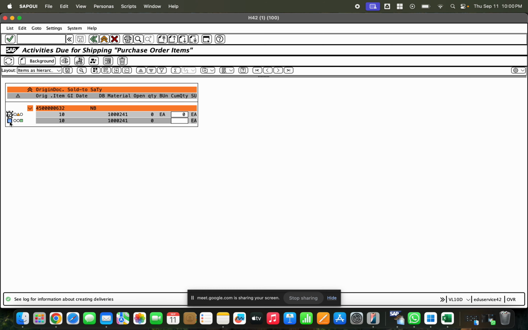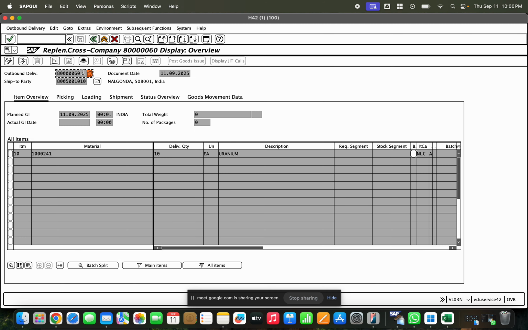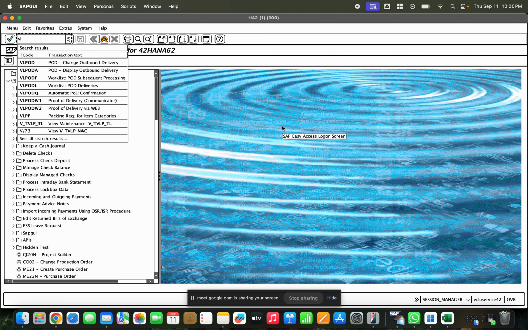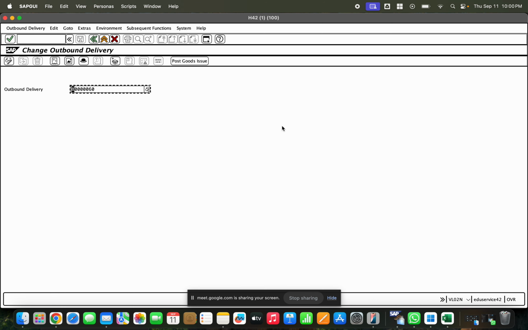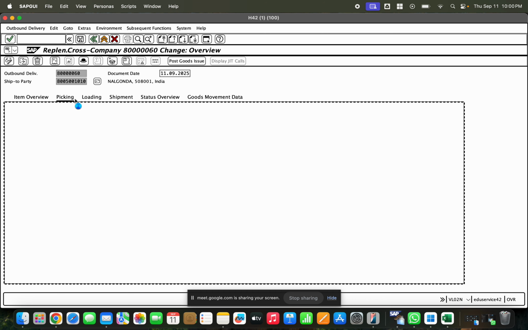Okay, and then select and click on here, click on here, and click on here. To see the delivery number, here you can see the delivery number is created. So this delivery number we have created in the supplying plant, VL02. They are preparing to send the goods from the supplying plant. Okay, so you can enter the outbound delivery number here, and you can check the delivery quantity, how much delivery quantity, and if you